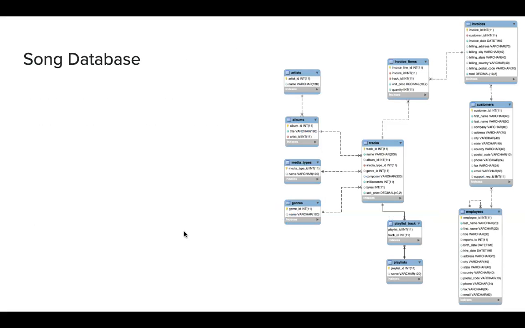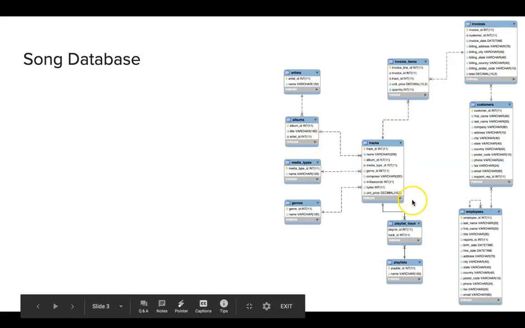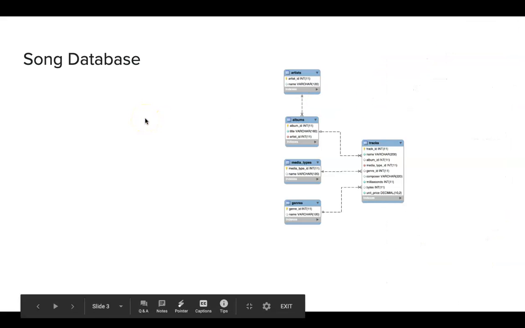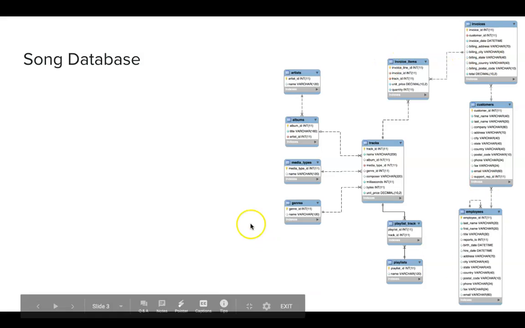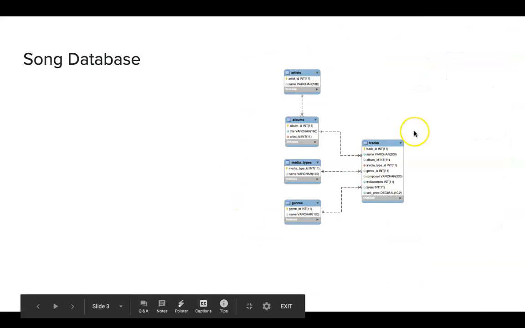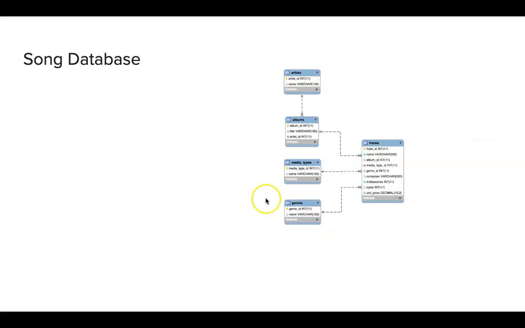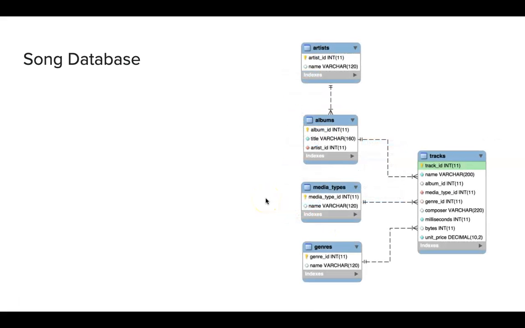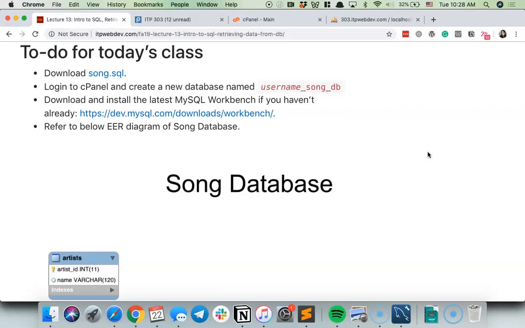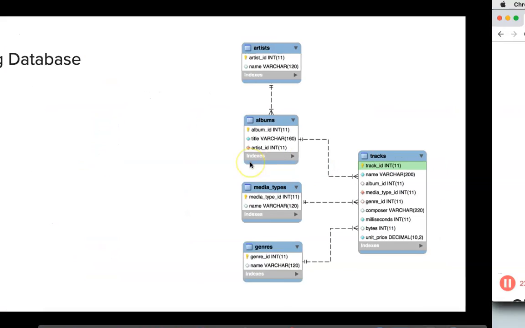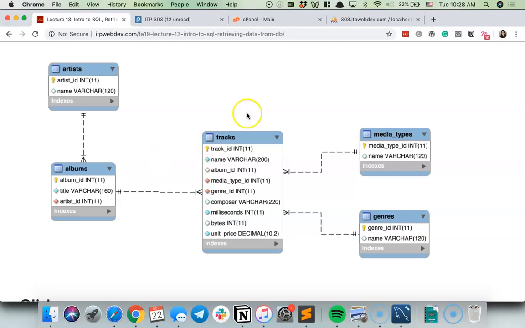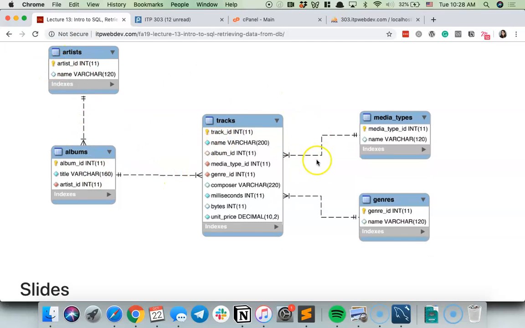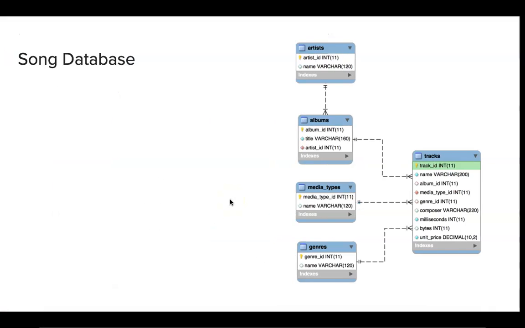Okay. So the song database that we just imported looks something like this, actually. It's a pretty large database with a lot of different tables and relationships. There's customers, there's employees, and all that stuff. But we're going to keep it simple and just ignore everything else. Our focus is going to be on the tracks and some other tables here. If you ever get lost, I also have the diagram in the lecture notes as well. We're going to be referring to the diagram quite a bit, because it's easier to see what all the column names are and all that stuff here.